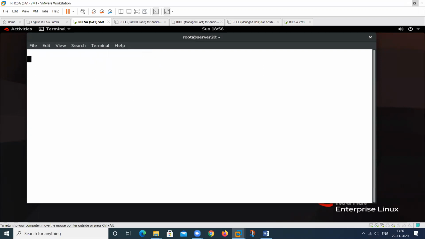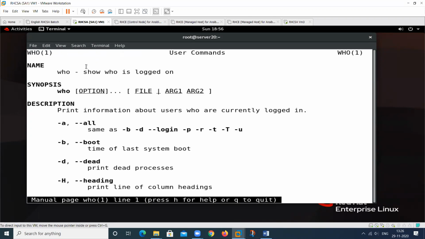What is who? It will show me the information. W indicates the login information. It will print information regarding the user who is currently logged in, or we can say physically logged in. It will show me all the information, the physical console.